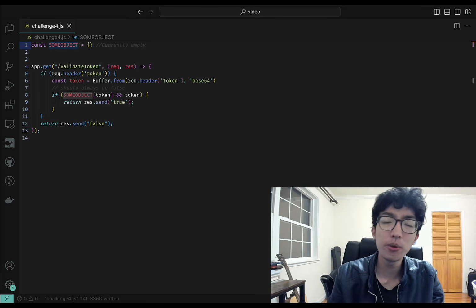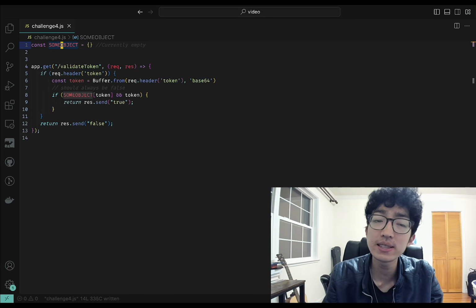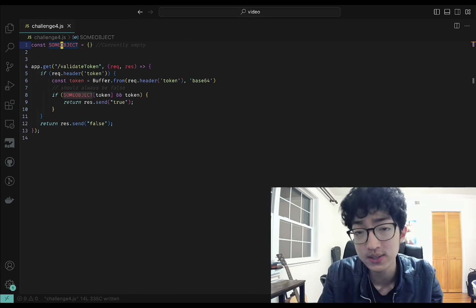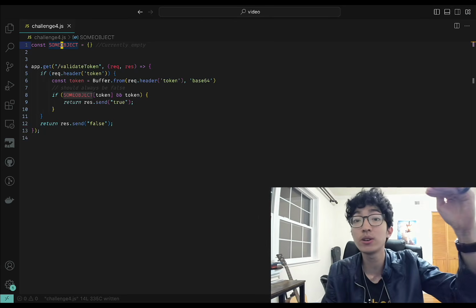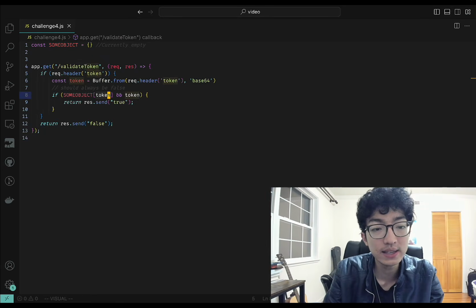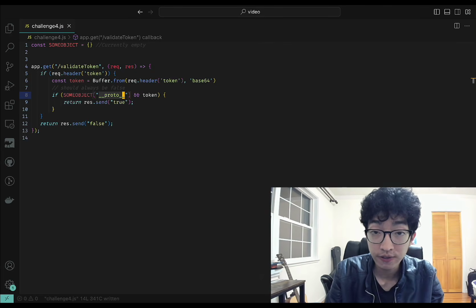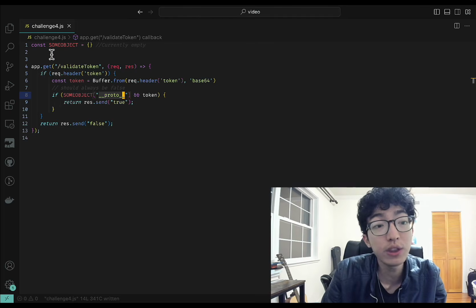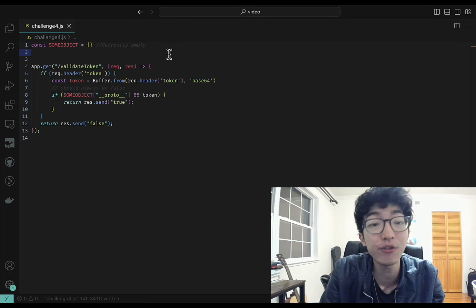All right, the vulnerability here has to do with prototype pollution in JavaScript. The idea is that JavaScript is prototype-based. Every object has a prototype, which is a parent class that it inherits its methods from. Now, if you index in with the string __proto__, it'll try to fetch that prototype object for you. And even though the sum object is empty, it does have a prototype, because every object has